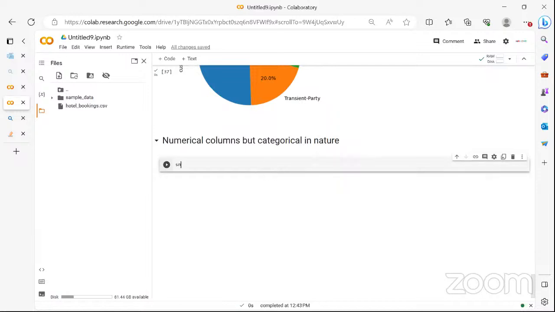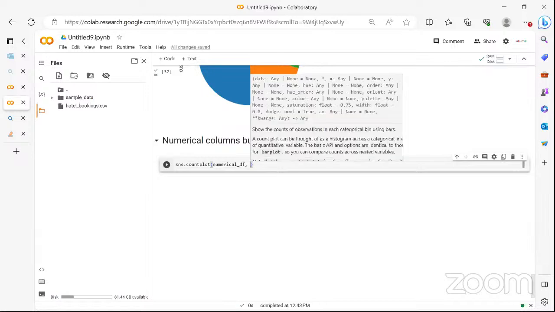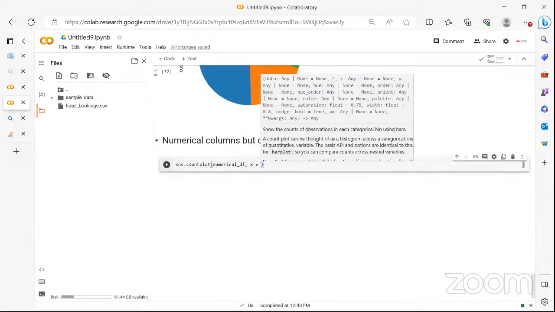So to show something like that, let us use the same count plots. Now let us provide the numerical data, and after the numerical df, let us provide the column. So let us count the